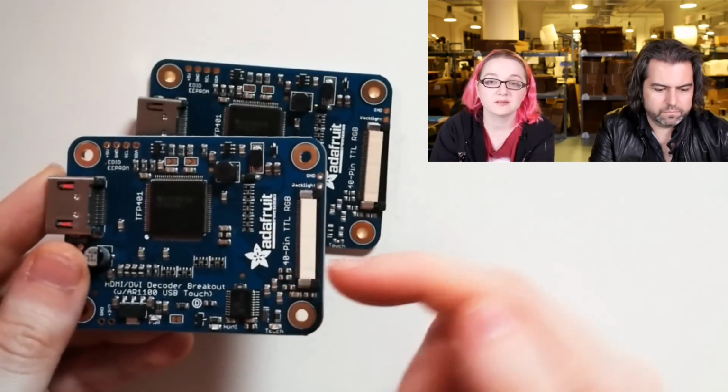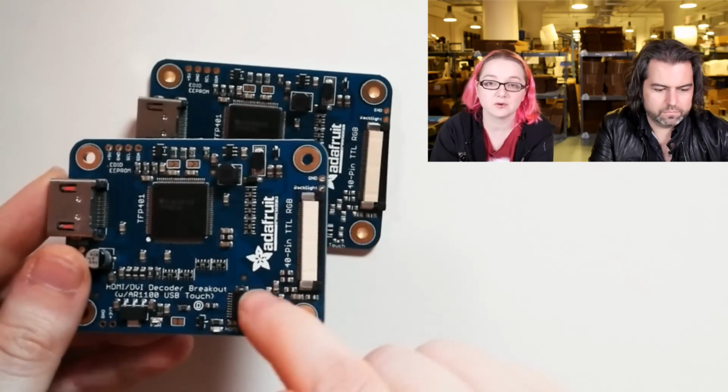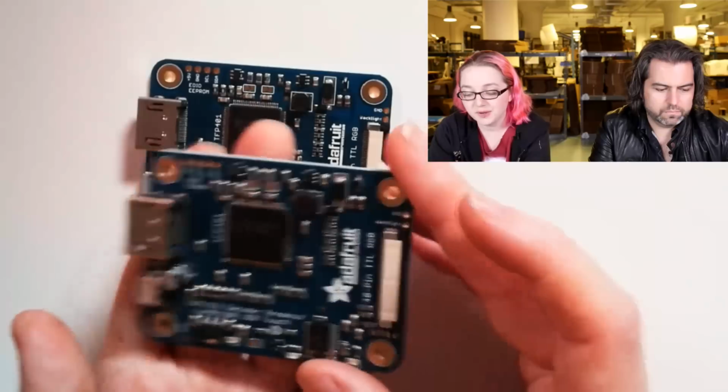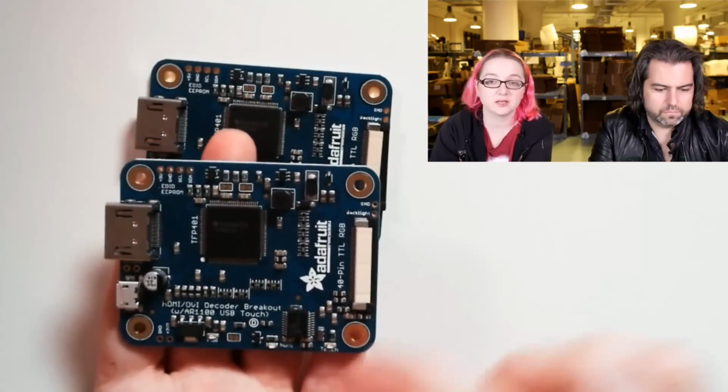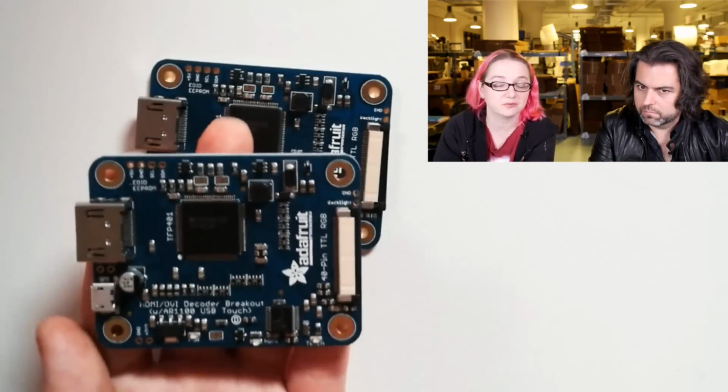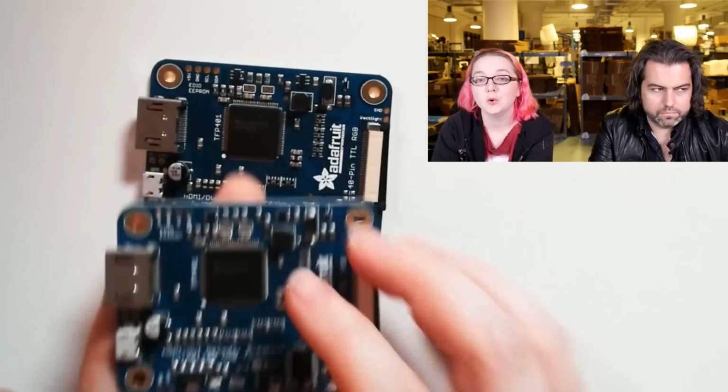And the touch pins come through the connector here. So there's a touch screen element as well, so you can have a resistive touch. Basically, this is a little monitor driver. You can connect small monitors, like 5-inch and 7-inch diagonal displays, with and without touch